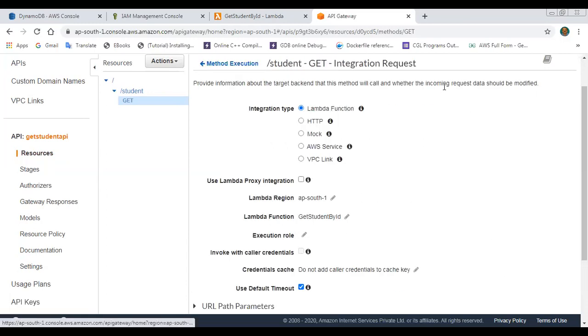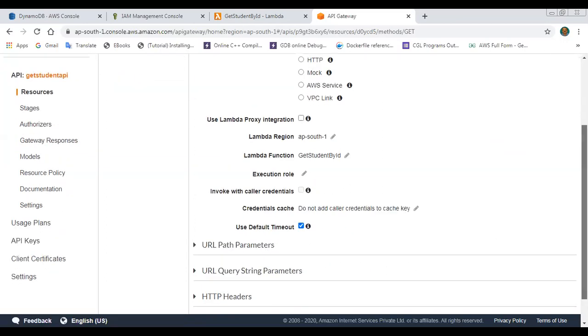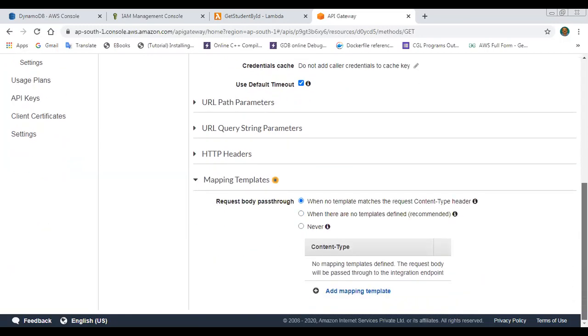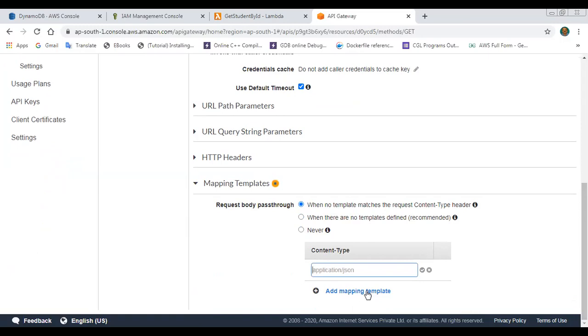Click on integration request. I'm using the mapping template. The mapping template is required for passing the data to this particular web API in JSON format. So for content type, I want the data in JSON format, so application/JSON.